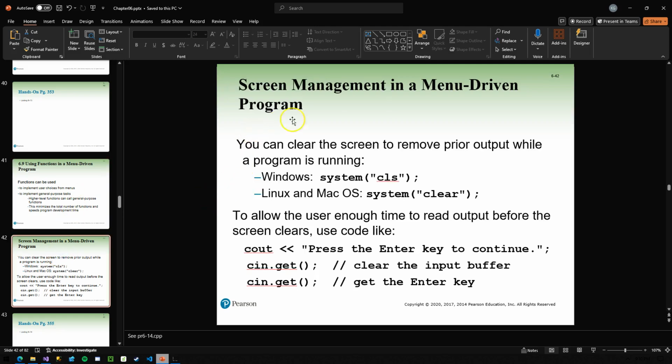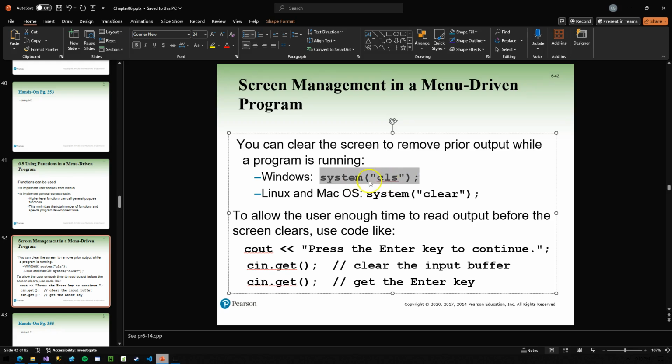Side note, screen management in a menu-driven program. This is some old school stuff here. You can clear the screen to remove prior output while a program is running. So in Windows, you could literally just type this into your C++ program, and that CLS there stands for clear screen. If you're coding on Linux or Mac, you could use this guy to do the same thing. So that will clear out any previous output and give you basically a blank slate or a fresh screen to